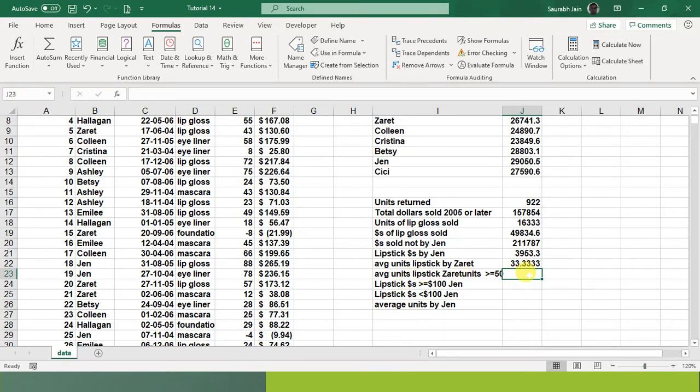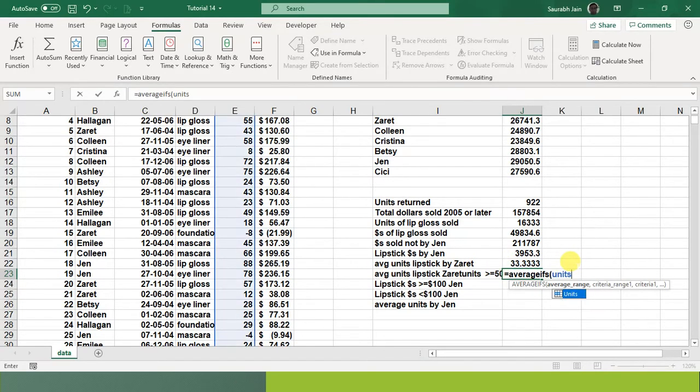So this time it has three criterias. You have to apply average units for product lipstick, name Zaret, and units has to be greater than or equal to 50. Fine. So let's apply again. Is equals to AVERAGEIFS, bracket open. Now you have to apply average on units, comma.